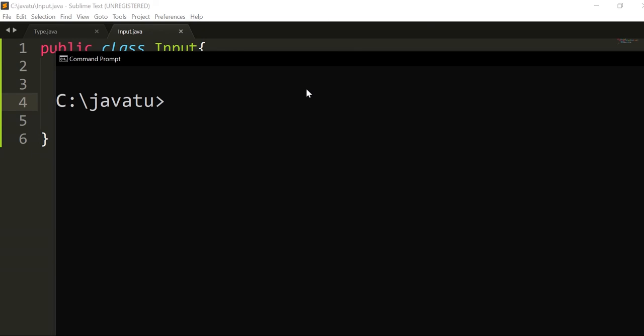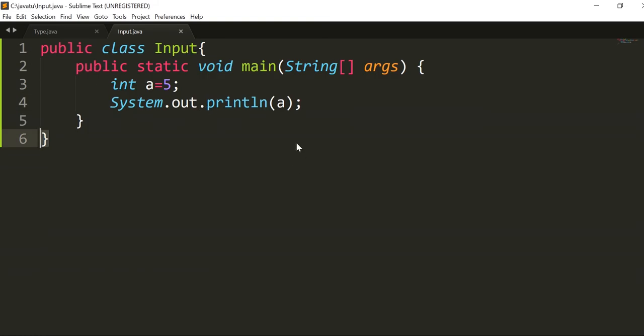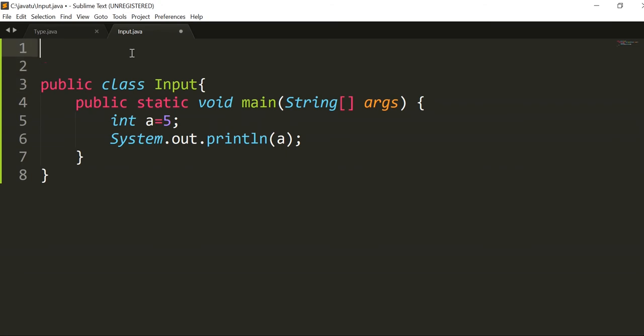Now compile our Java file, javac Input.java. Now run the file, java Input. Yes, 5. Till now we use this method, but now we want to take a value from the user.